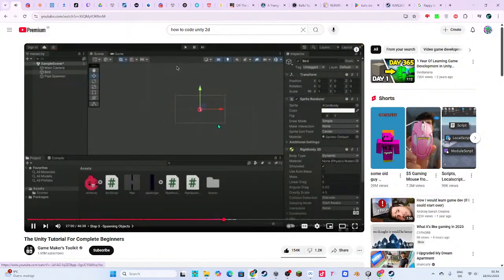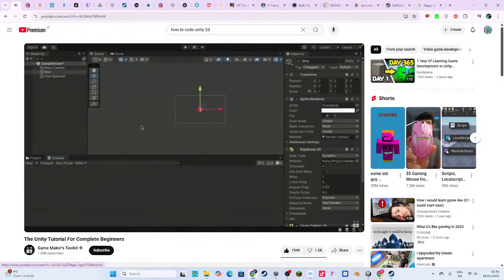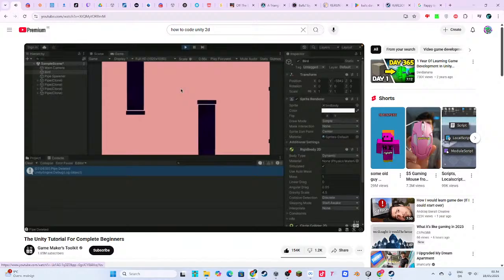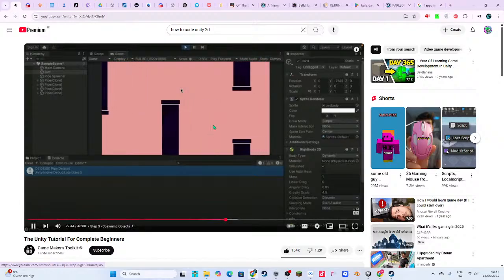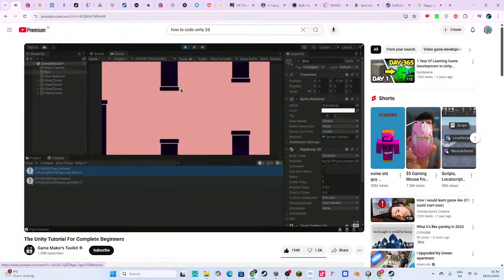Then back in Unity, you'll see one other panel I skipped during the UI demo. It's a tab next to Project called Console. Then when we run the game, every time a pipe is deleted, our message is sent to the console. This is a wonderfully useful way to debug our code because we can find out exactly what the code is up to.